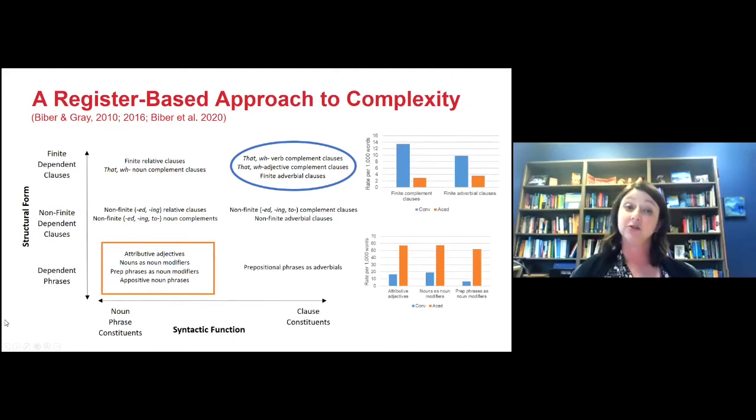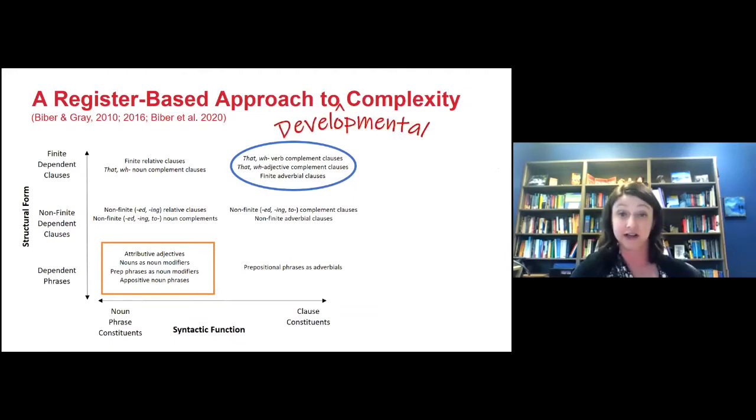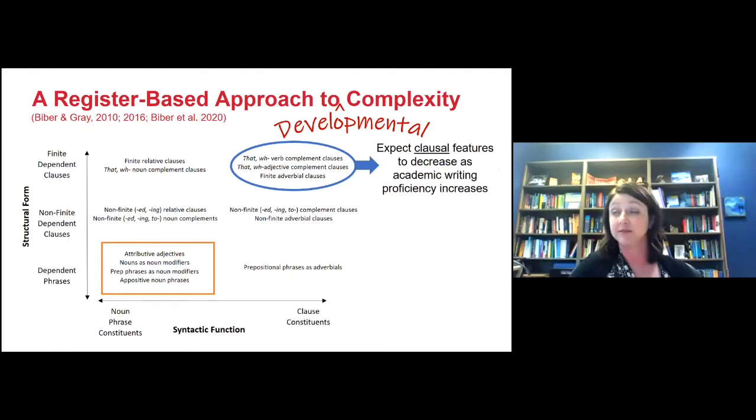So we see that those features are much more common in academic writing than they are in conversation. And we can use these register-based patterns to make hypotheses about what we would expect to see in learner language. Okay? So when we want to apply this to the development of grammatical complexity for learners, we can make hypotheses. So if we're studying development in academic writing, and we have all of these features that were more common in conversation,